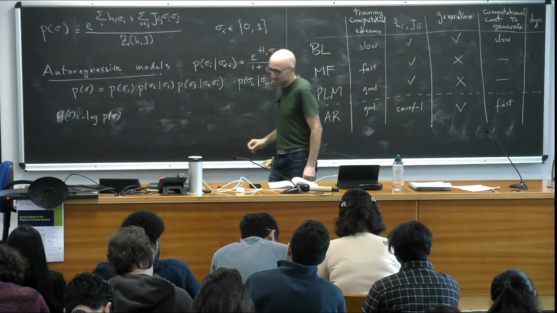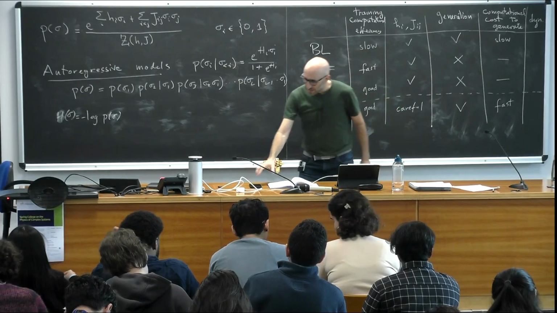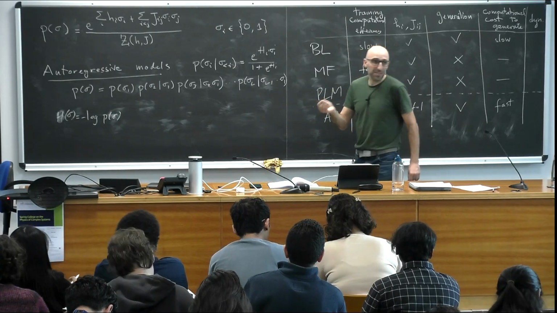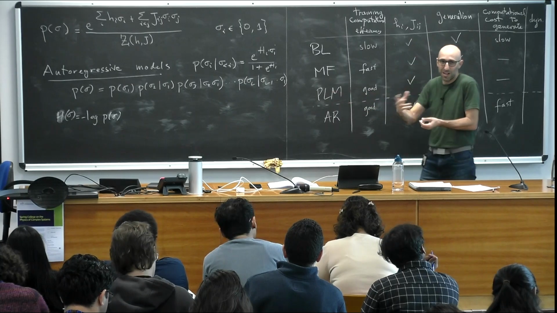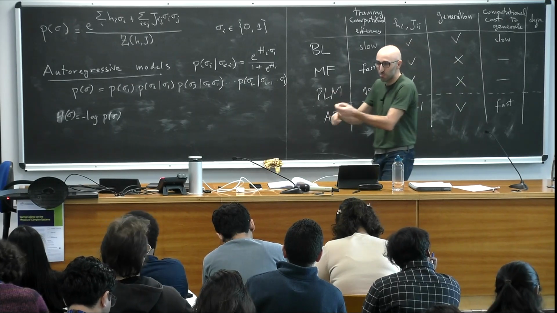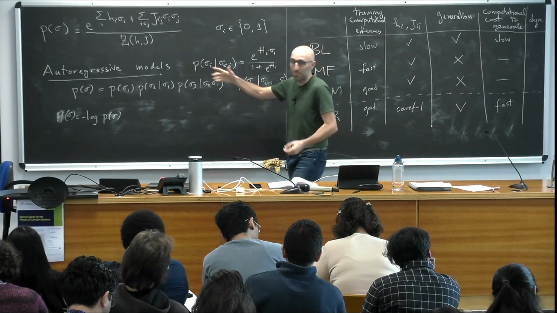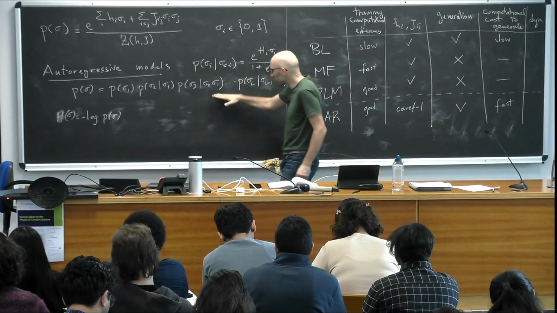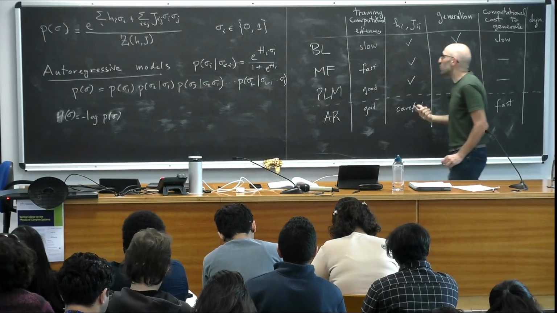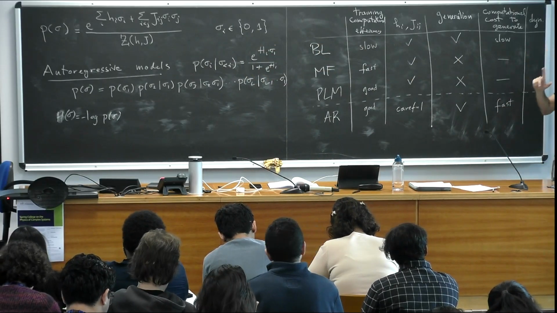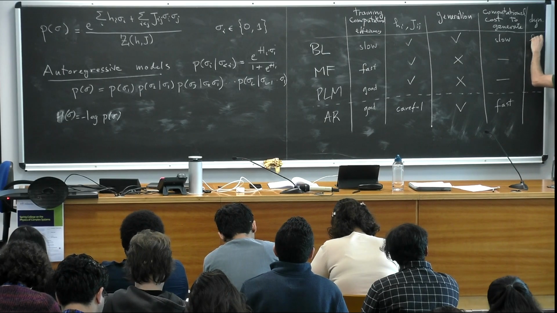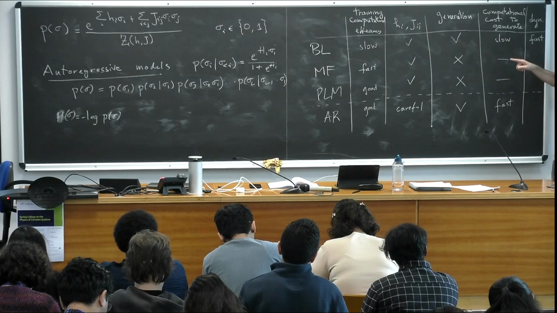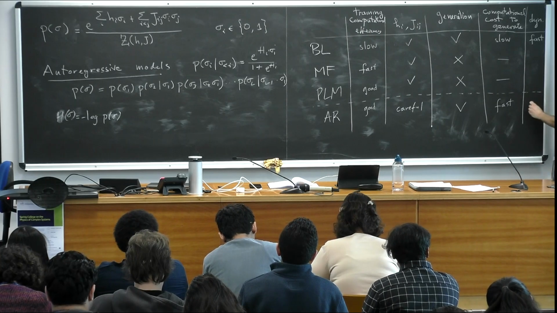You might be interested, and I will show you why, in starting from a state and generating a dynamical process that starts from that state. For example, by proposing mutations and accepting them with this probability or this probability. In that case, it's much faster to do it with Boltzmann machines than with autoregressive models,